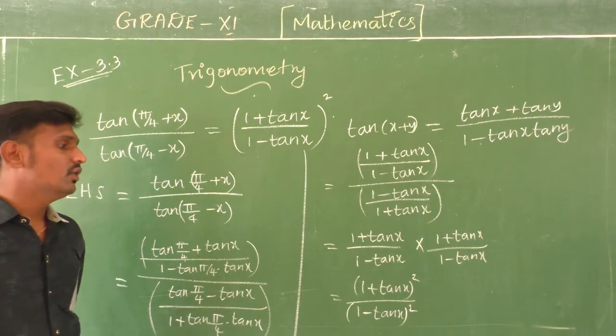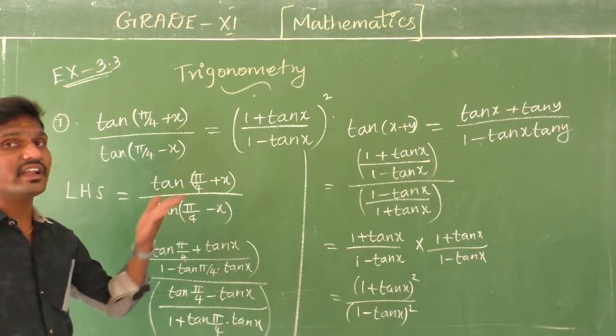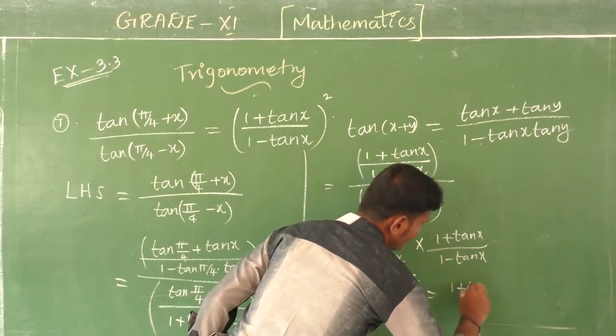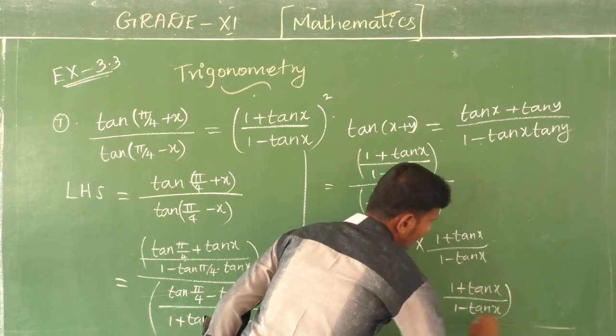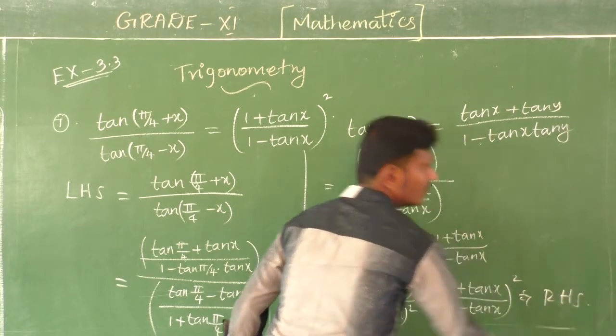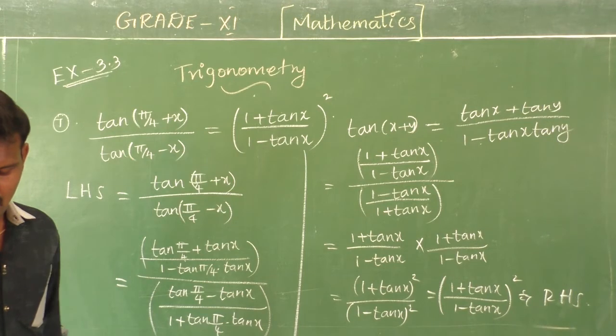Yes, student. Okay, now the whole square is common for numerator and denominator, so I am taking it only one time. So that is ((1 + tan x) / (1 − tan x)) the whole square. So this is your right side. Like that we have to take the left side and work to the right side. Okay, have you got it, children? Yes, fine. And next question.